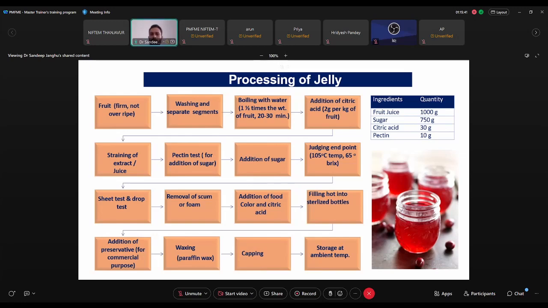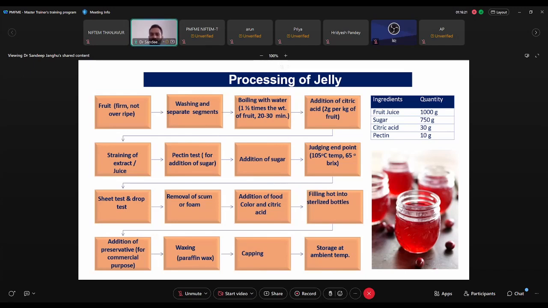and we can go for boiling at 105 degrees centigrade until achieving the TSS of 65 degree Brix. We can add preservatives like sodium benzoate, along with KMS, as we have added in jam. Then removal of scum in between during boiling is very important to have crystal clear jelly. After checking the endpoint with the help of sheet test or drop test, we go for cup filling